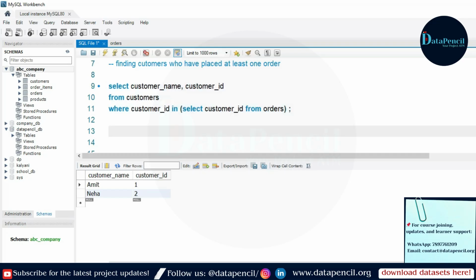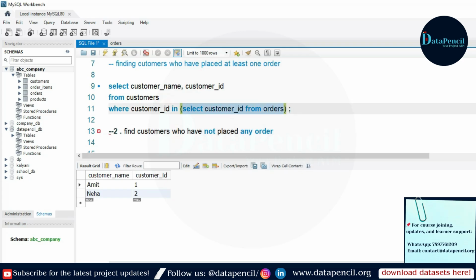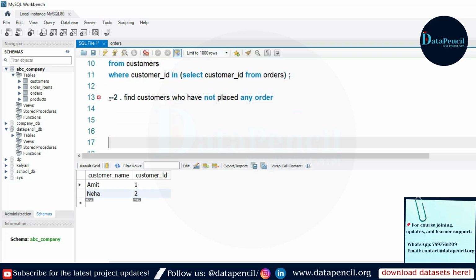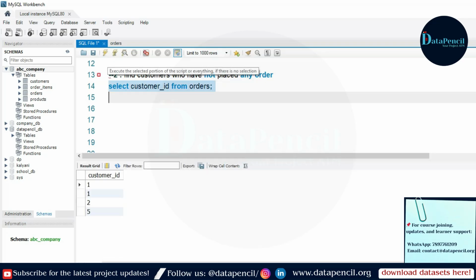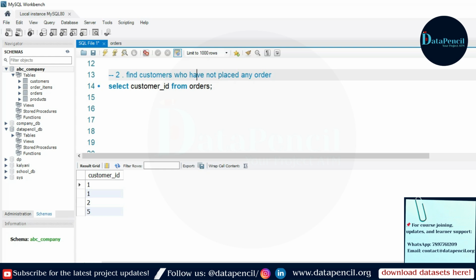Fine. Now the second query is about finding customers who have not placed any order. So now we have a list of those who have placed orders. We can write select customer ID from orders. By writing this we can have a list who have placed any order, but it is asking who haven't placed any order. So what we can do for haven't, we can simply write,